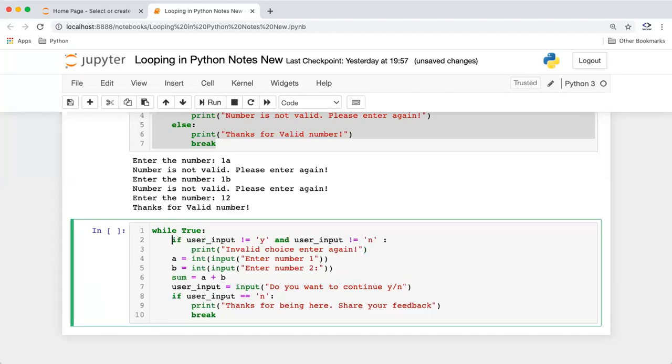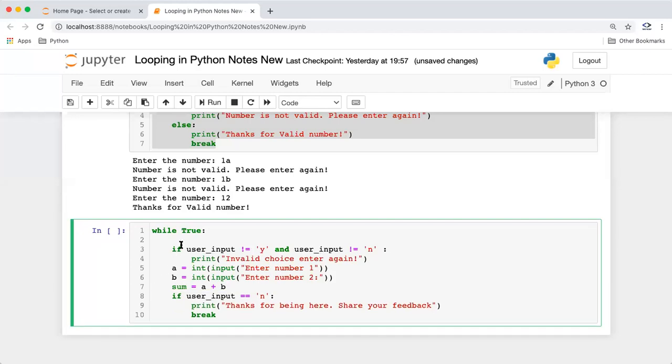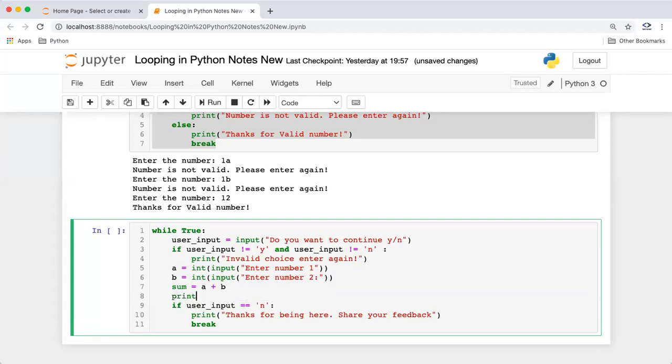Okay, but we have not taken any input from the user so far, right? And this variable is also not defined. So what should we do? This variable should be defined before this. So let's move it to the top, the question of whether you want to continue. If user says yes, we'll just show him you have entered an invalid choice. This will go inside it. If it's a valid choice, we'll just execute this and do the sum and print the sum, right?